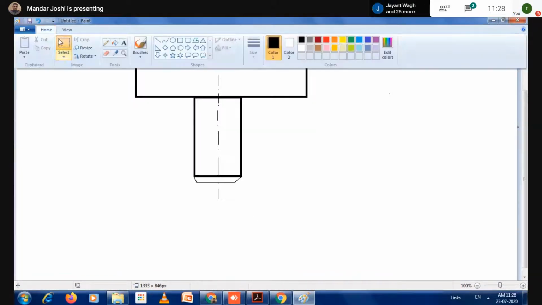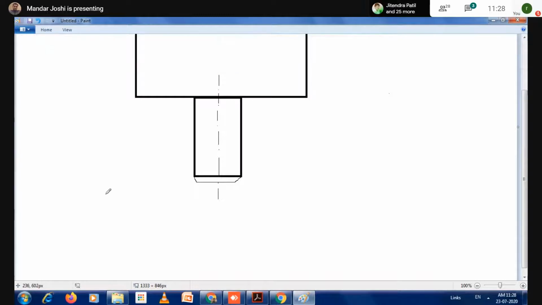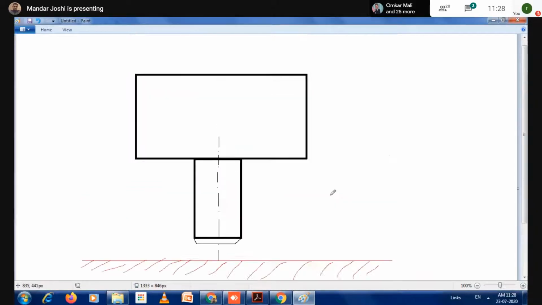So here is the surface plate. On that surface plate, we have to raise the component. Is it possible to raise such a component? Is it possible to raise this object on the surface plate?